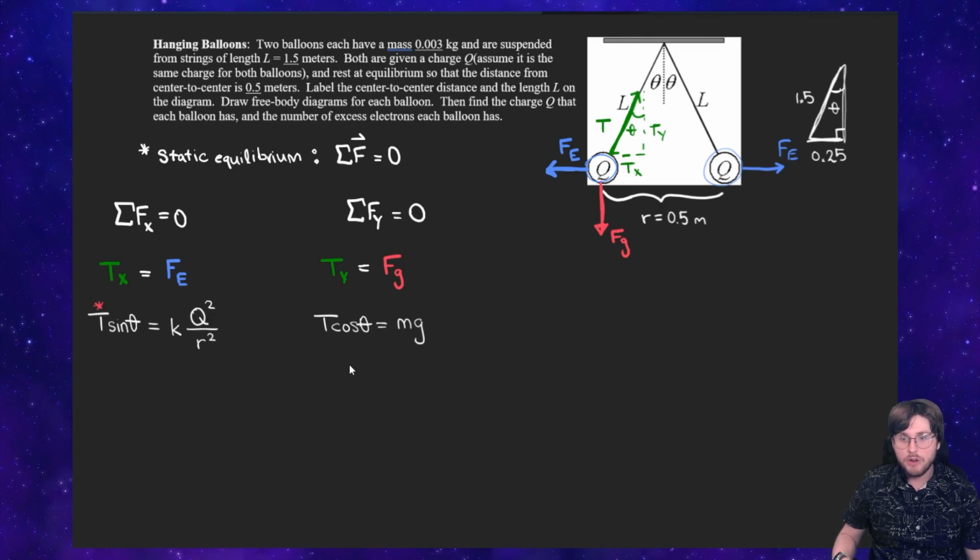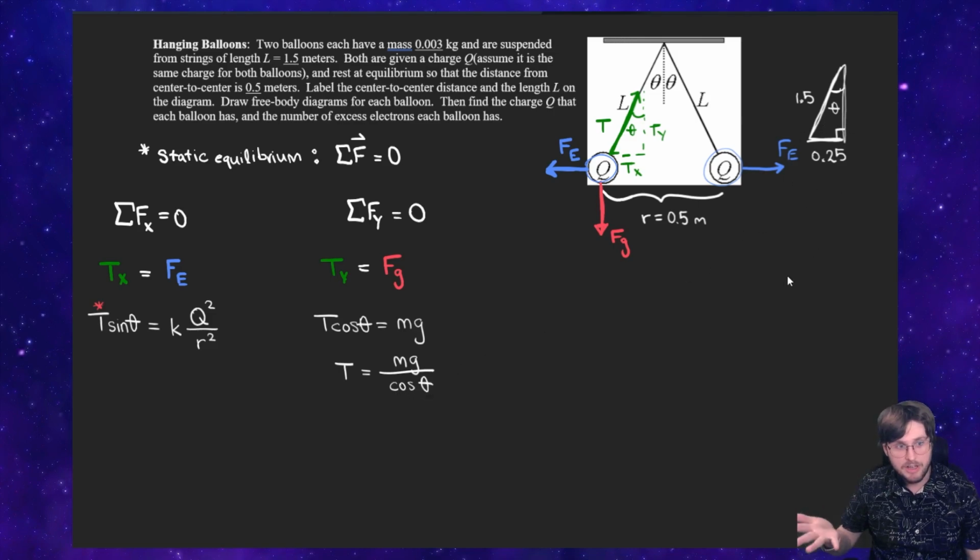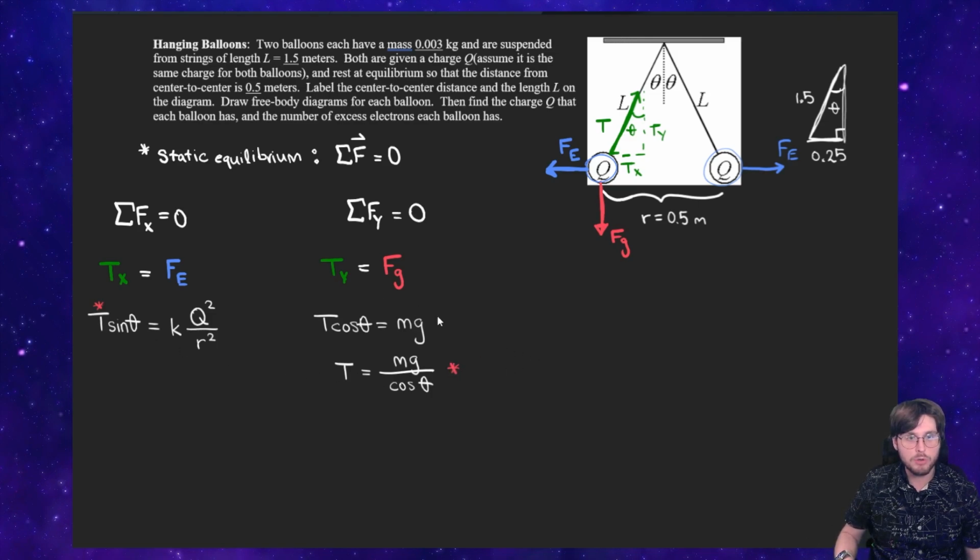So effectively we can get an expression for the tension with this equation right here. For right now, I'll go ahead and just get an expression for tension that we can plug into our rightward formula over here, which is that tension is going to equal mass times acceleration due to gravity divided by cosine of this angle that we can find really at any time. Now that we have that, I'll go ahead and put a little asterisk here that's going to give us a portal back over to the x direction,